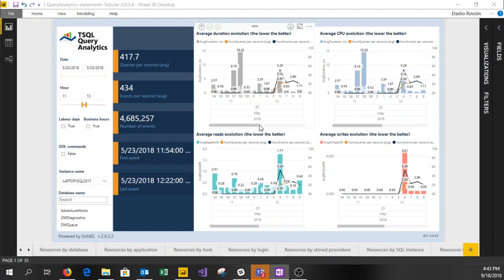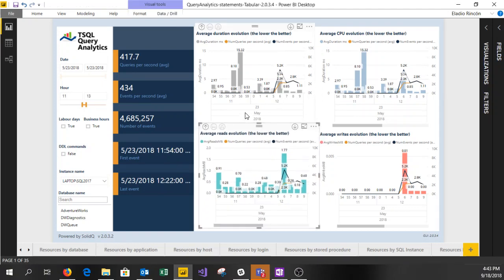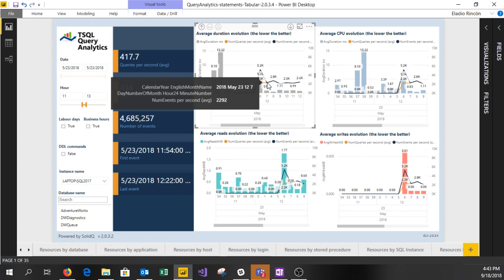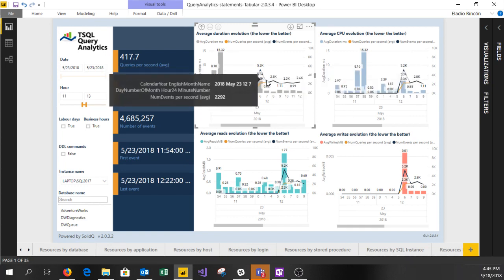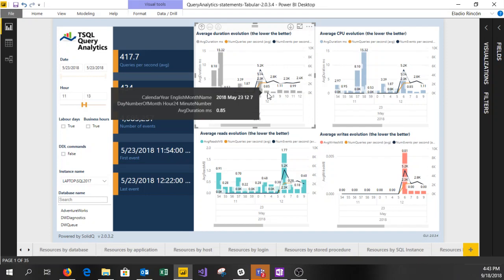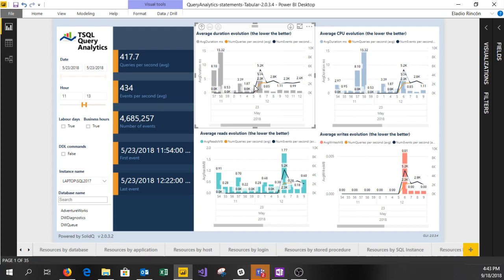So if we see the details here, you can see that there is something happening in this period between minute number 6 and minute number 7. For minute number 6, the system has been processing 5,000 events per second, and in minute number 7, the system has been processing 2,200 events per second. So this is less than half, but notice here that the duration has reduced by a bigger amount. So what we are going to see is which queries have been running during this period